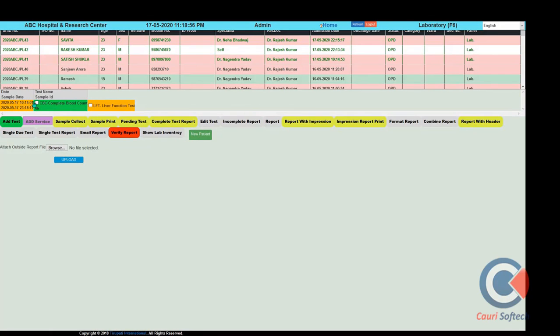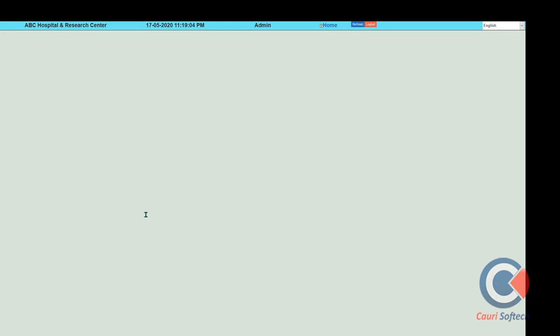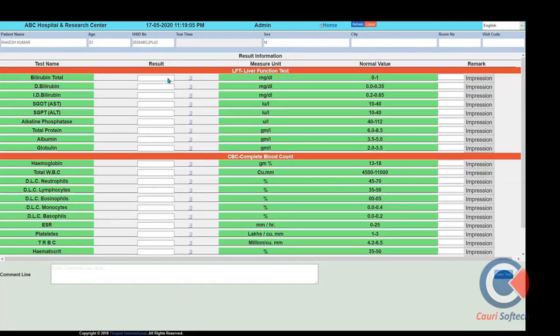So we will select the test and click on pending test. There are two options: machine interfacing, where the report will be automatically fetched through the device. Otherwise, you can put the values coming from the device manually. You can put the value here also. Abnormal value and normal value will be considered through the software accordingly, and give the respective notification. Let's see, fill some value here.